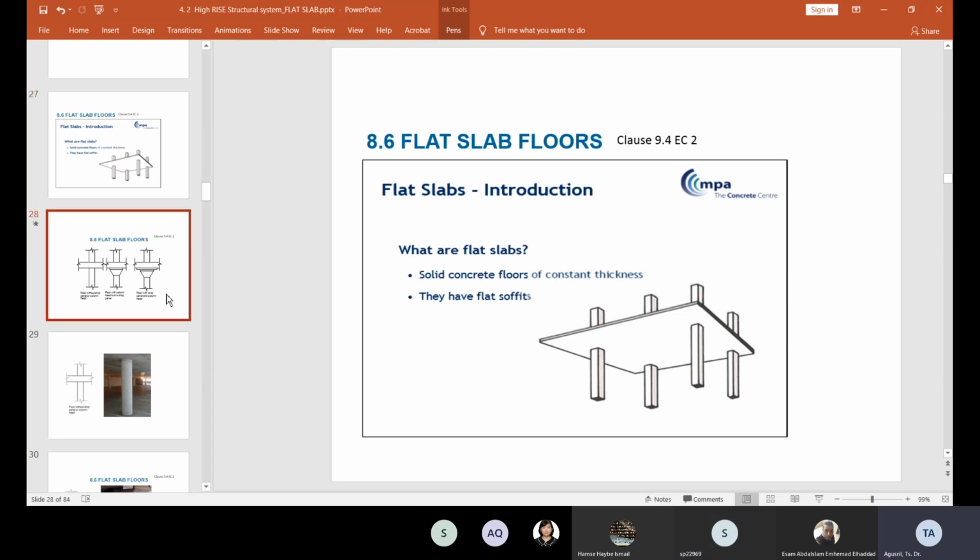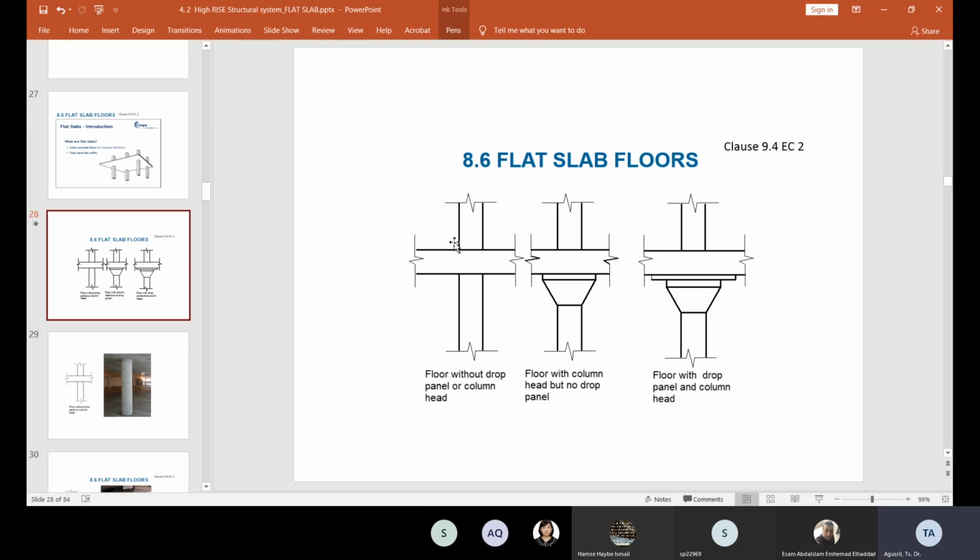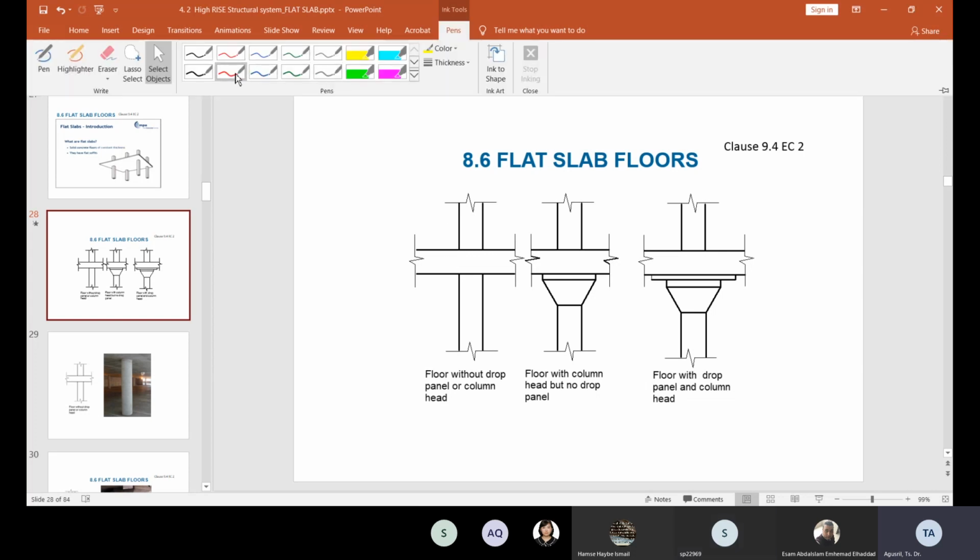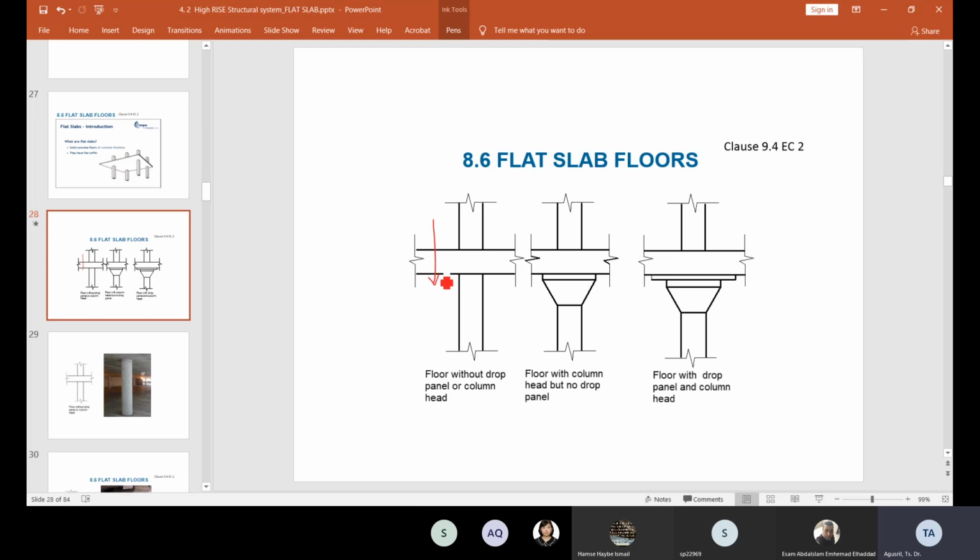Okay, and as I already mentioned to you, there are three types of flat slab. This flat slab, the slab and this column, is without drop and without column head. It means that based on the checking, they found that the slab is sufficient to support the punching shear. Punching shear comes vertically from the top direction, at a distance of 2D from the face of the column. Okay, D is the effective depth of the slab, measured from the surface of the slab to the center line of this rebar. Okay, the effective depth of the slab.